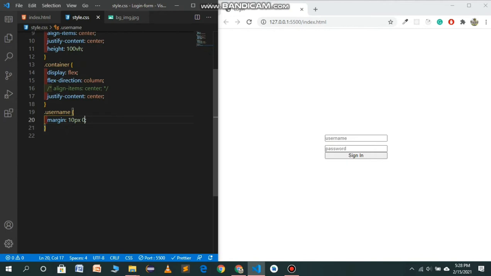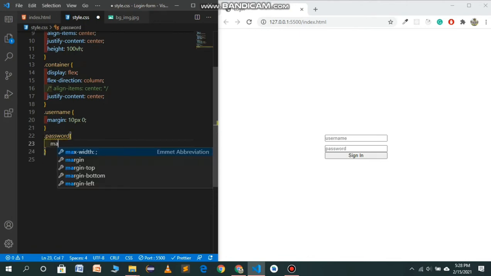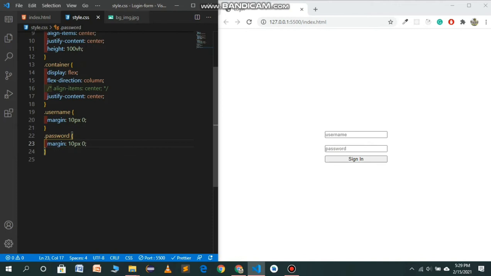Same with the password container, margin will be 10 pixel and 0. So it's looking quite nice. Give it a padding of 8 pixel from top and bottom and 2 pixel from left and right. Let's see how it's looking.